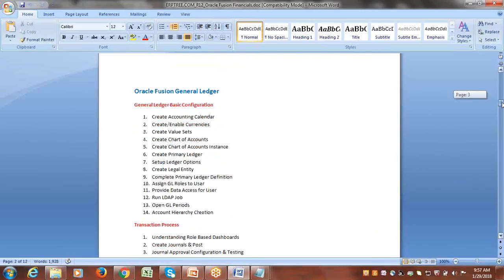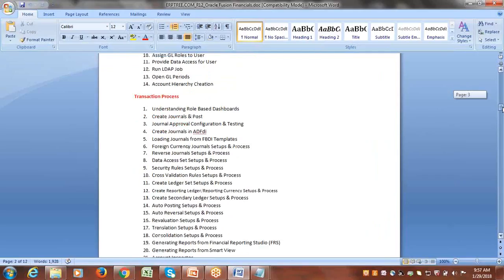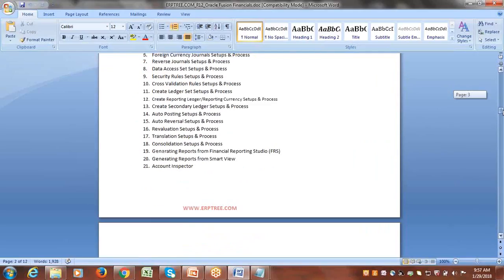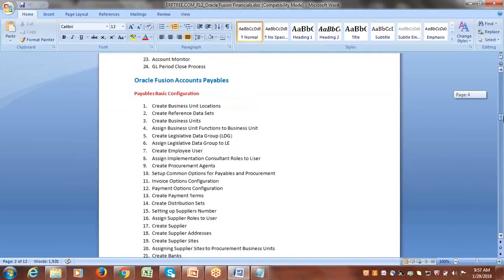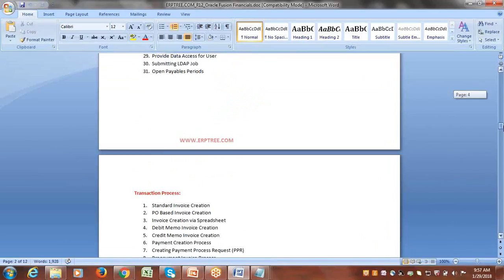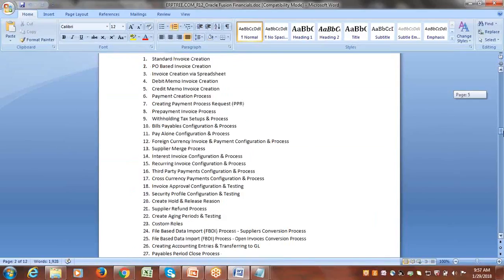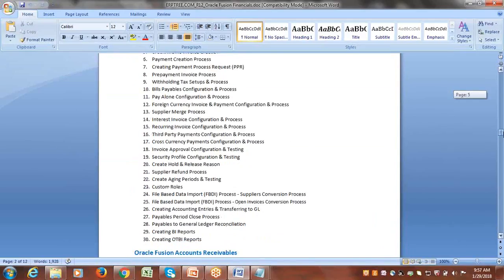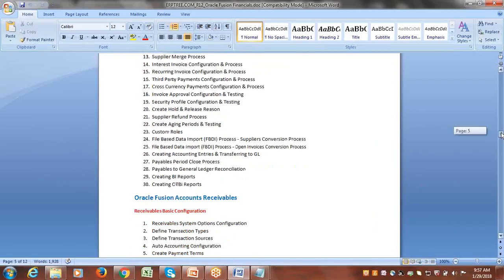When you talk about GL, so these are the basic setups and these are the different concepts we'll be covering in the GL side. And when you talk about accounts payables, these are all configurations we'll be covering and we'll work on all these concepts. Okay, conversions and invoice approvals, security profile, nothing but MOAC, all these concepts, BA reports and GL reconciliation, GL and AP reconciliation.